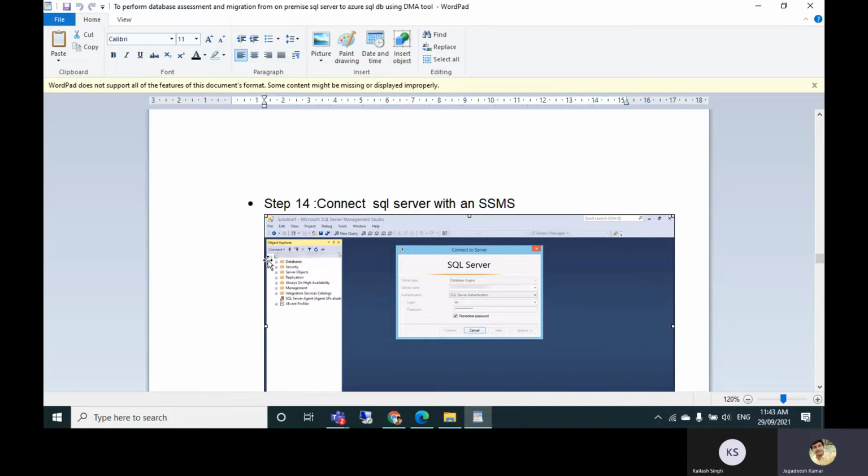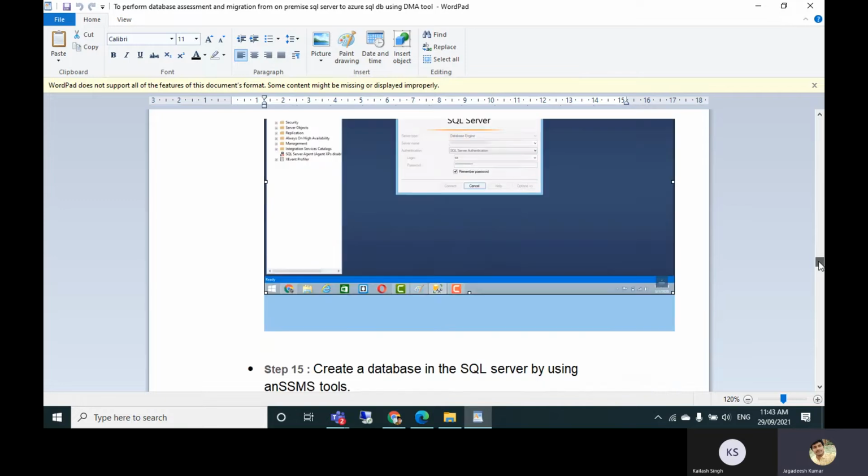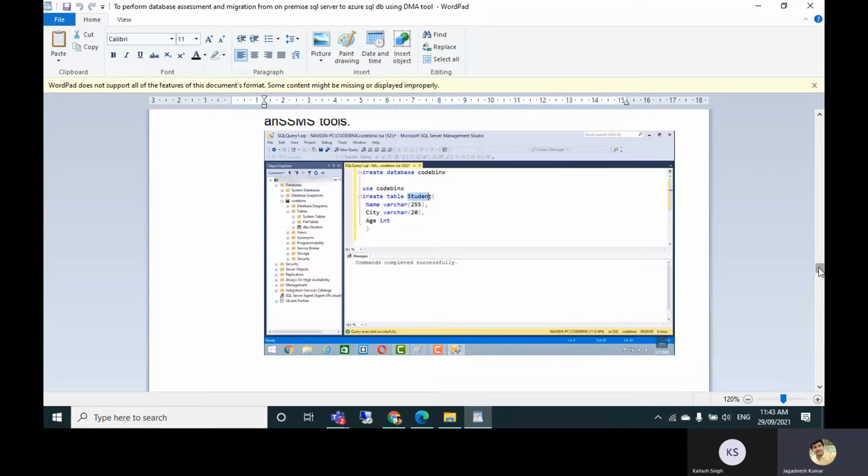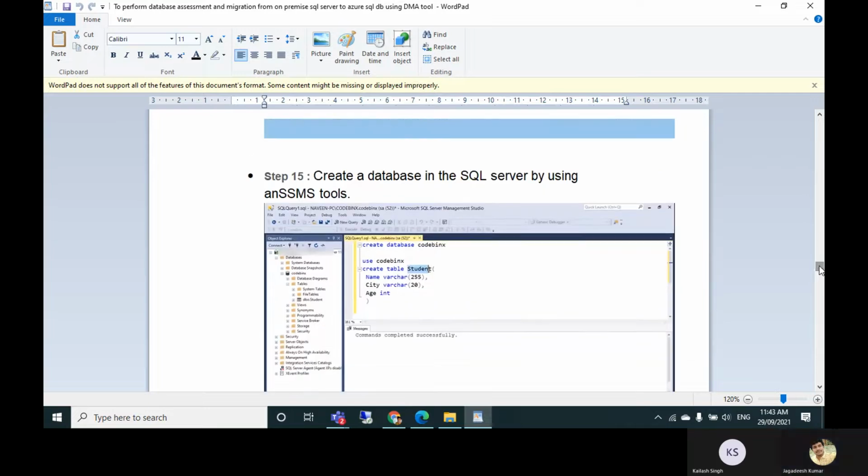If this pop-up came up, it means you are successfully connected with that SQL Server. Then SSMS is connected with an SQL Server. We can perform operations like creating a query, retrieving a query, or migrating a query. SSMS is just a tool, and we can fully access the